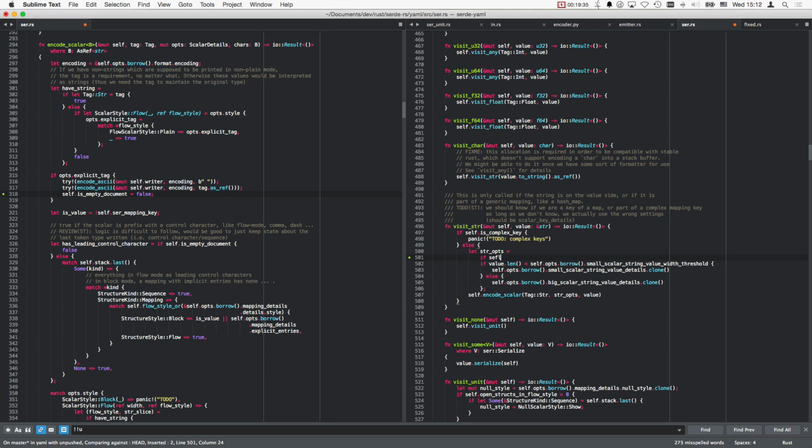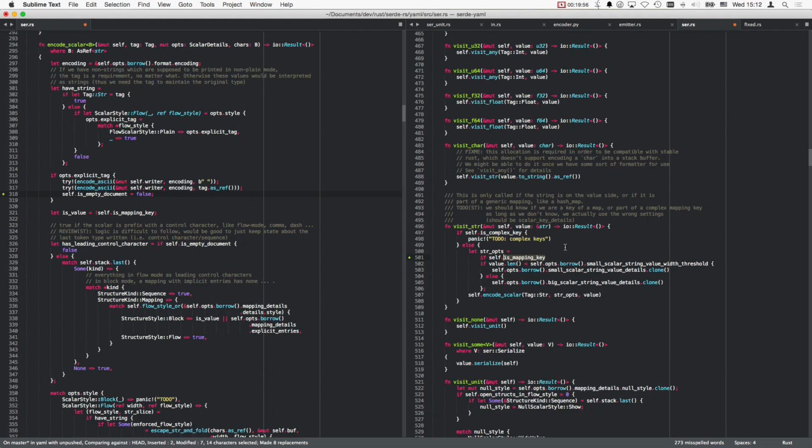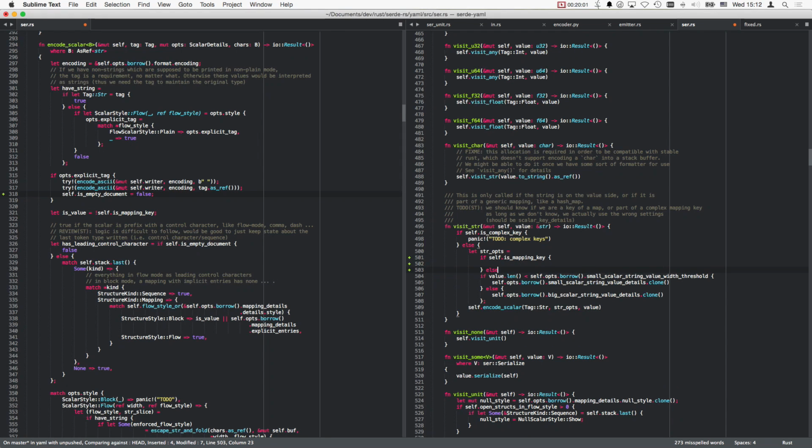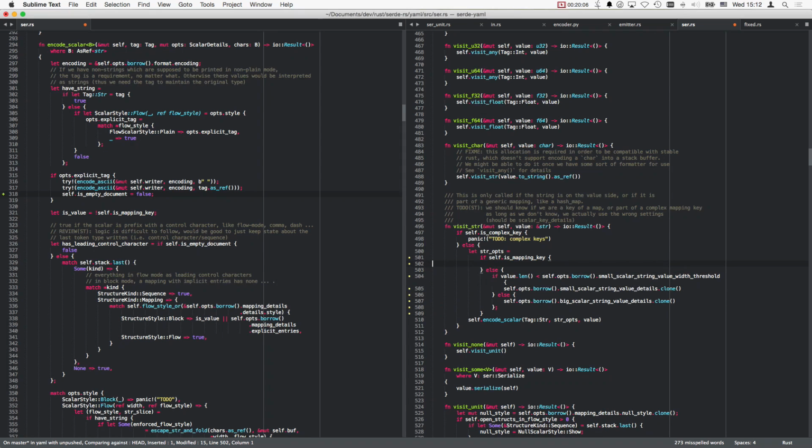If self is... Yeah, I don't like this name here. Ser mapping key. I remember that it was is mapping key at some point. And I wanted to indicate that we are serializing a mapping key right now, but I like this more. So if it's not a mapping key, then it's a value, and then we deal with the string value section here. Otherwise, do we clone this stuff? Yes. Self opts borrow